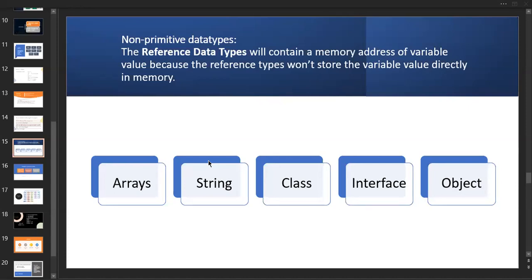By reference, here we are storing it, particularly not by value. There are 2 different cases: one is by reference and one is by value. In this case, we are taking it as a reference. You will get a clear idea with the example.